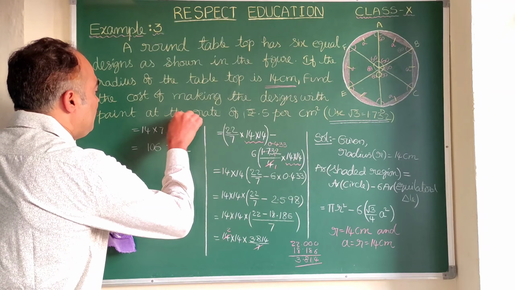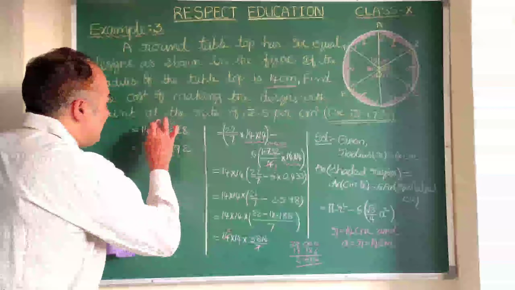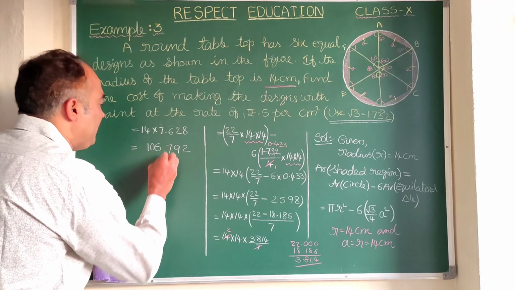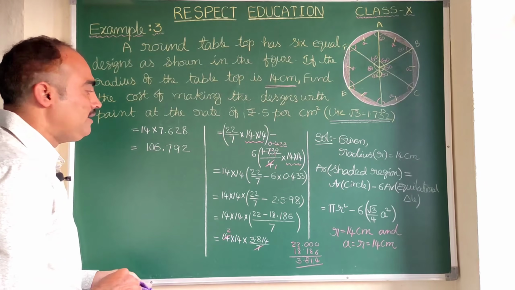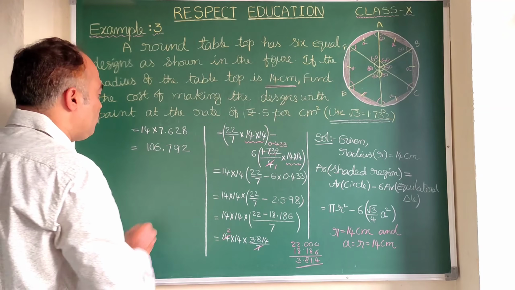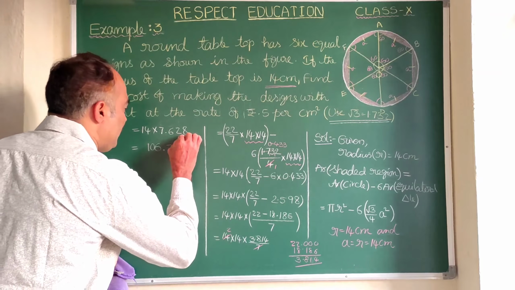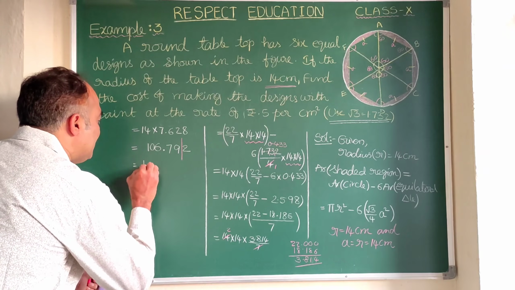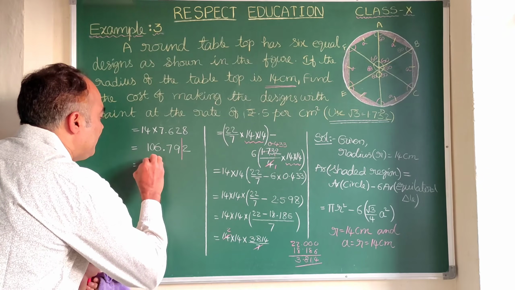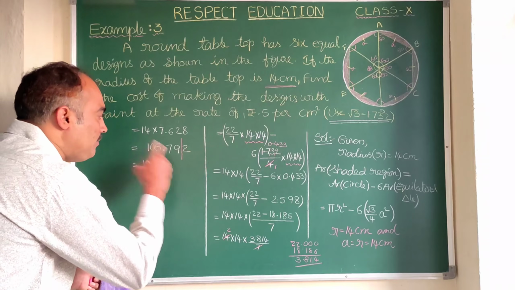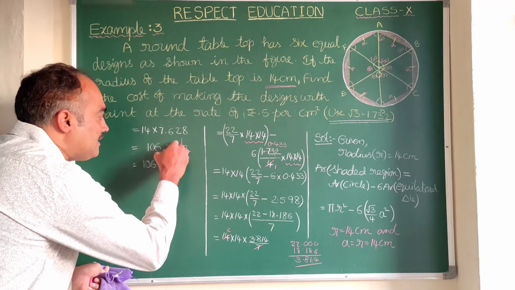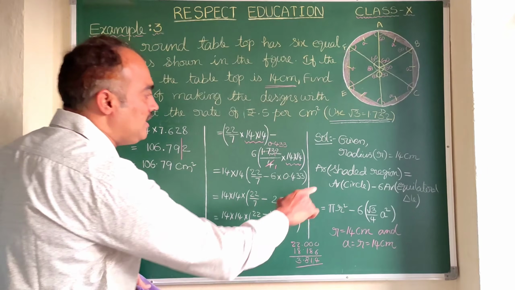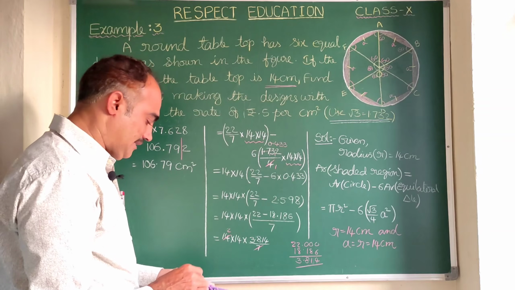Now here you observe, after the decimal value, 3 digits are there. So let us count 1, 2, 3. Here we keep the point. So it is 106.792. So here we are going to decide the position of 2. As it is less than 5, we can write this as 106 point 79. If it is 5 or more than 5, 1 can be added. As it is less than 5, we can write 79 as it is. So 106.79 cm square. This is the area of the design, the shaded region.